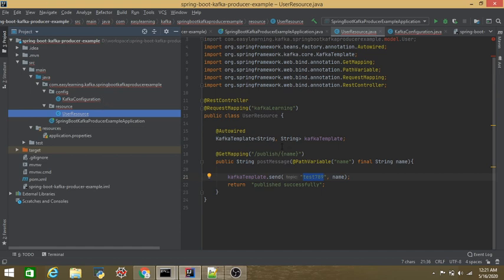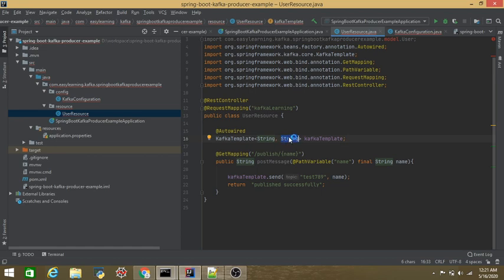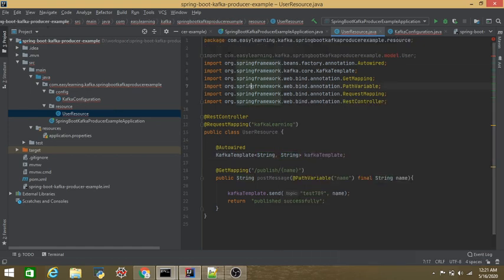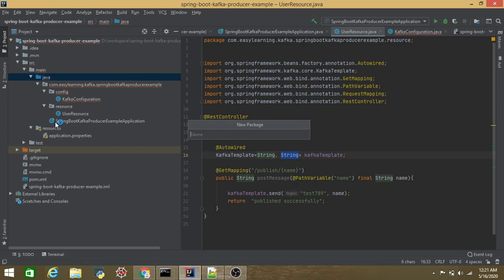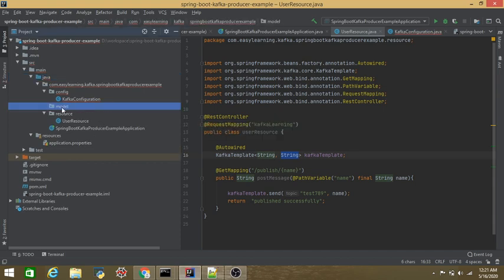In order to create any message which is of JSON type, we need to have a model created, right? So let's create a package called model, com.easylearning.kafka spring boot example.model.